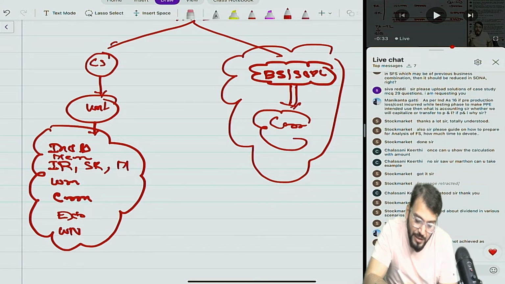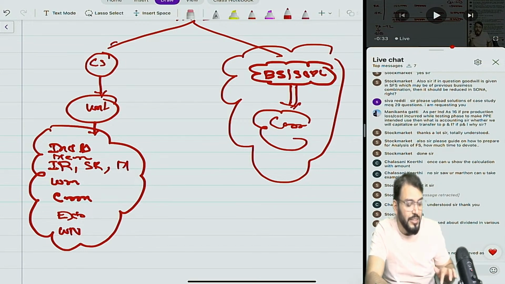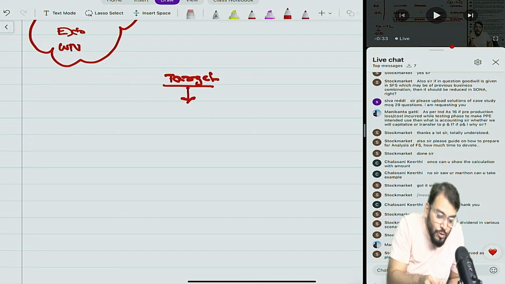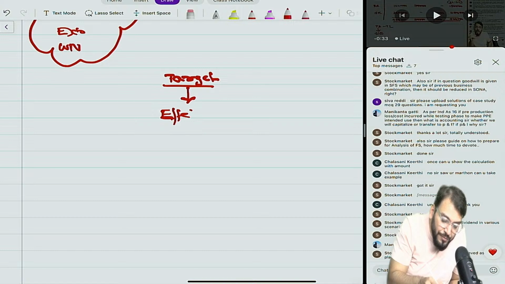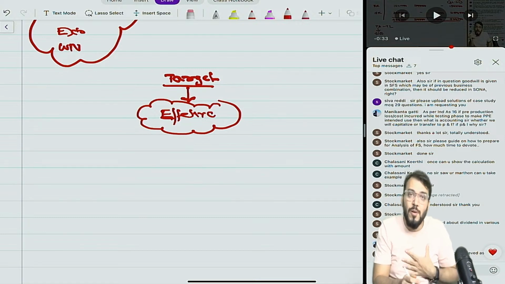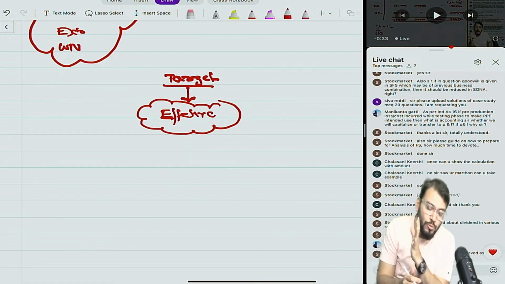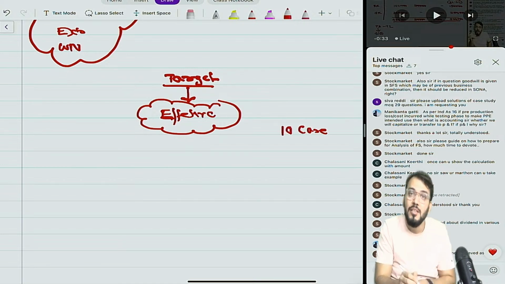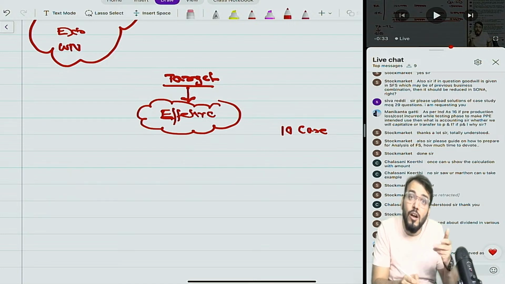Okay sir, if the targets are not achieved as planned, how to deal with it, sir? Look, just try to understand targets. Why do we make targets? We make targets to be actually effective. Understand my point. To be effective does not mean that when you make a target it will be achieved. Just for example, today I made one target that today I will record 10 case studies. If I had not made a target, I would not record at all. So I have made one target.